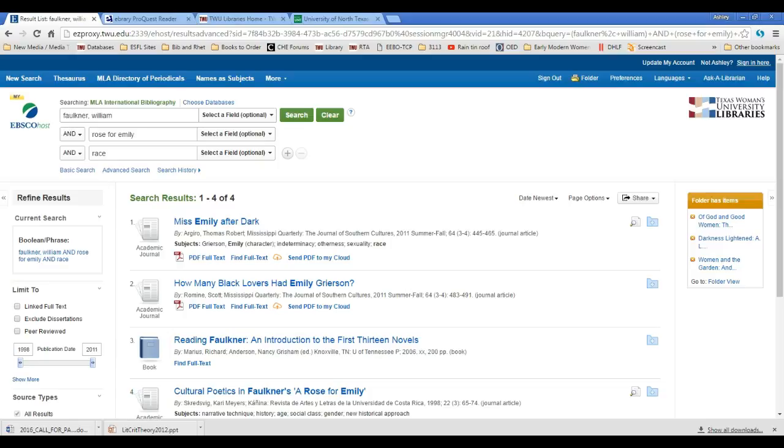Remember that when we use these sources, we're not using them to make our claims for us. We're using them to support our claims. It could be that we also need to do a little bit of paradigm shifting. So maybe we look up race or gender in some of Faulkner's other stories, or scholarship on race and gender in some of Faulkner's other stories. And then we shift the paradigm to say, much as so and so says race functions in this way in this story, so too does it function in this way in A Rose for Emily. So we kind of have to think bigger here, right? We don't necessarily want to find only sources that are saying what we want to say, because then why are we saying it?